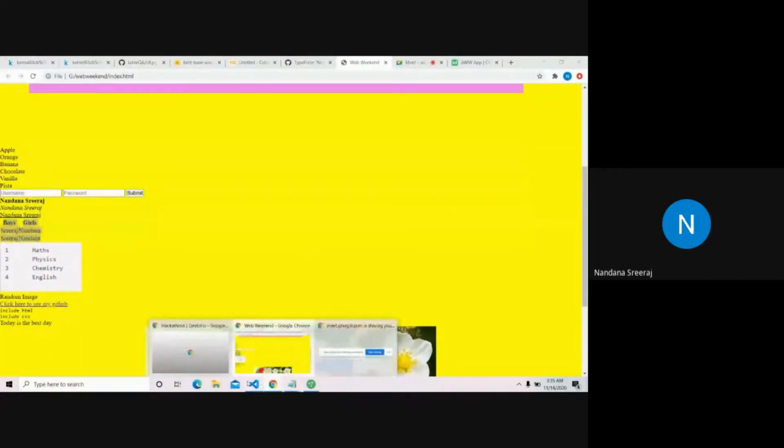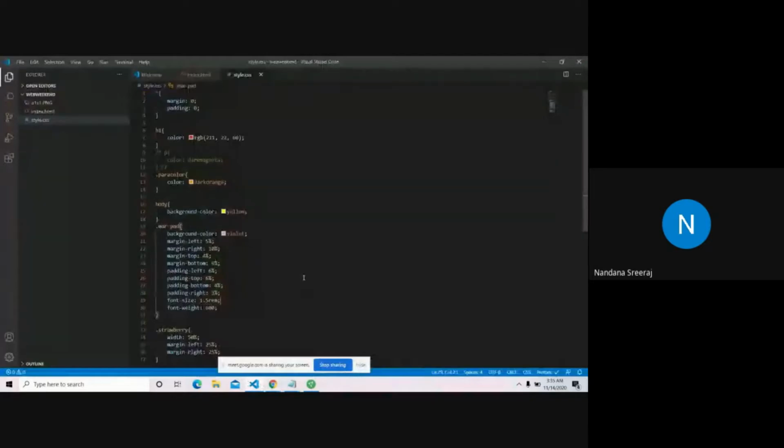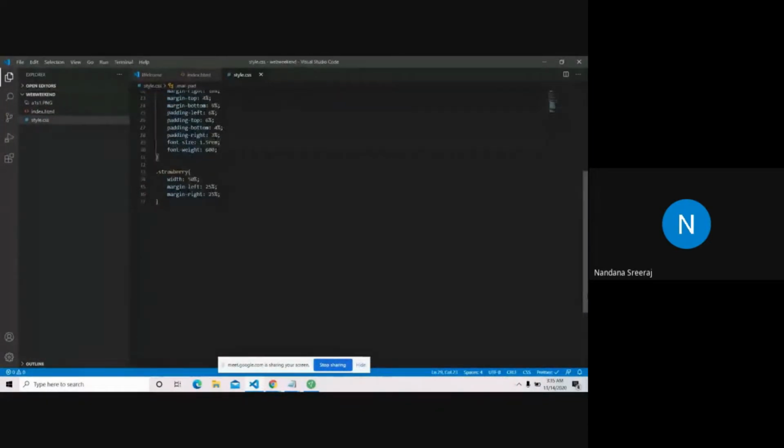For that, we'll access the table tags. We had tags like table, th, and td. Other than tr, we had 4 tags: table tag, table row tag, table header tag, table data tag. Now we'll access 3 of them: table tag, table header tag, table data tag. For these 3, I'm going to give a border.